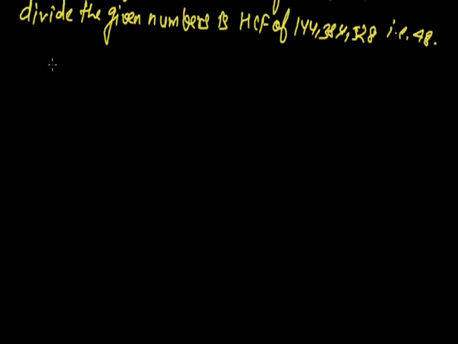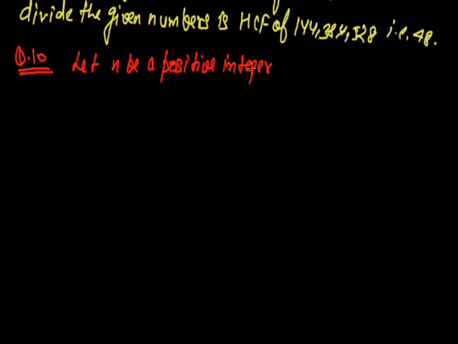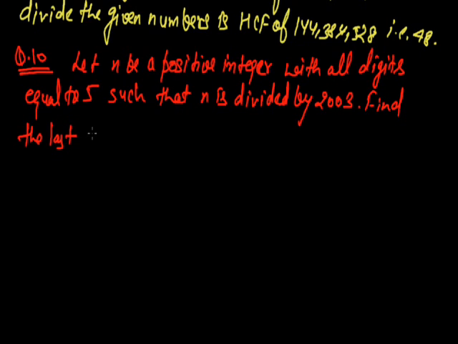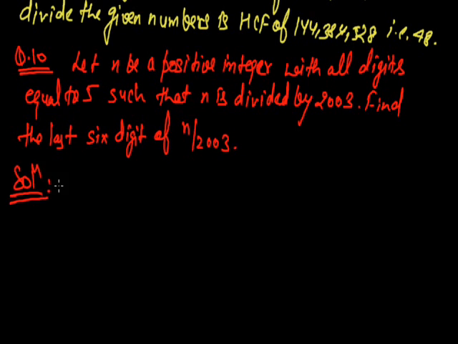Next, question number 10. Let n be a positive integer with all digits equal to 5 such that n is divisible by 2003. You have to find the last 6 digits of n upon 2003. To solve the given question, let us suppose that n upon 2003 is equal to small d,